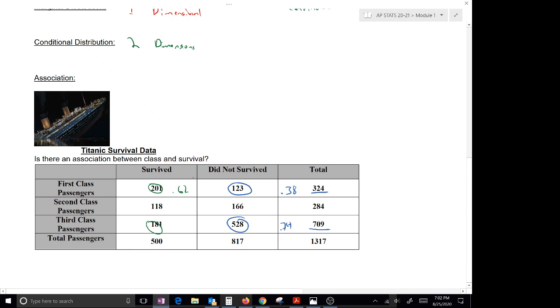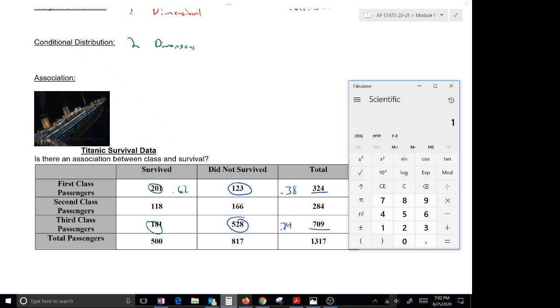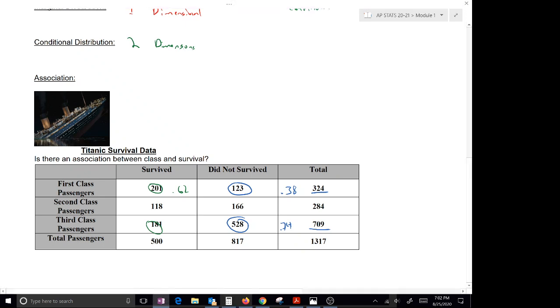Okay, so these should add up to 100, or to 1, or 100%. And yeah, that should be 26%. So always check your numbers, okay? So yeah, we can see it over here. We could have done this with the survivors. So 62% of first class passengers survived, and only a quarter, or a little more than a quarter, of third